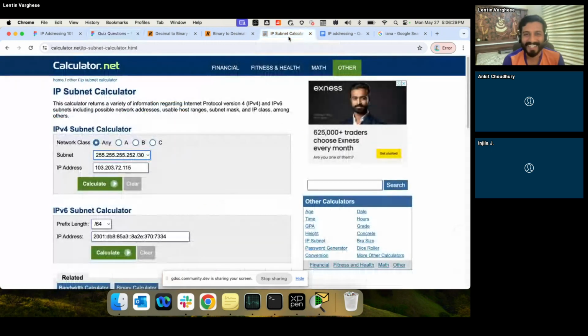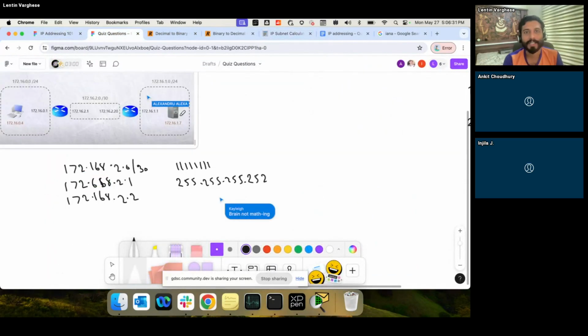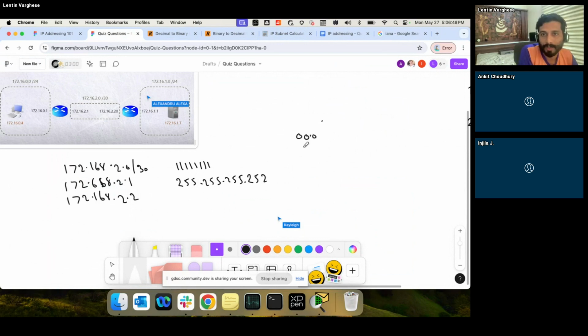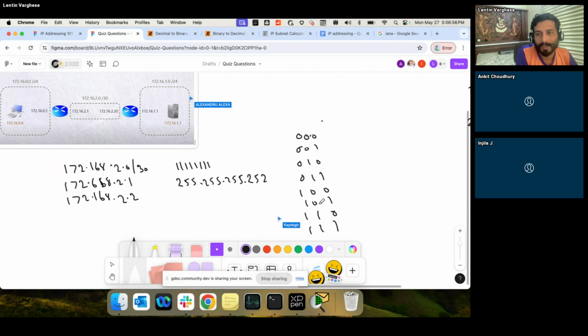I see. Yeah, sure. So we mentioned earlier, if we use 8 bits completely, we have 255 hosts. Now, if we use just 2 bits, we have 4 hosts. If we use 3 bits, how many hosts can we come up with? 0 0 0 1 0 1 1 1 — that's 8 hosts available. Out of that, 2 went for broadcast and network. It's still not enough because it's 1 and 20, so we need more than that.